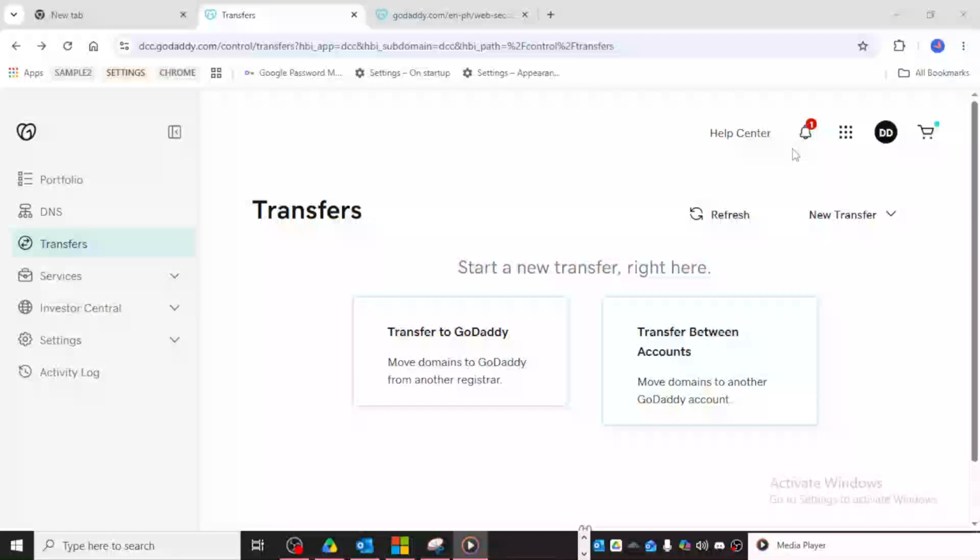In today's video, I'm going to teach you how to build a website with AI in GoDaddy. We're going to walk through the setup process from the very beginning, and I'll keep everything simple and easy to follow so you can build your site with confidence, even if this is your first time using the platform.